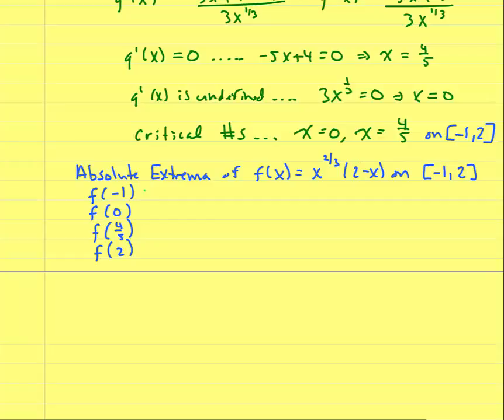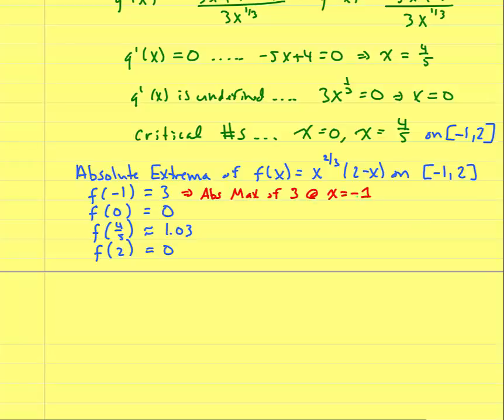So if I plug in a -1, I get a 3. If I plug in a 0, I get a 0 back. That's our easier one. If I plug in a 4/5, I'm not going to get a nice little fraction or a decimal. I get something like 1.03, so it's approximate. And if I plug in a 2, I get a 0 back out. So the largest of these values is 3. So this is my absolute max of 3